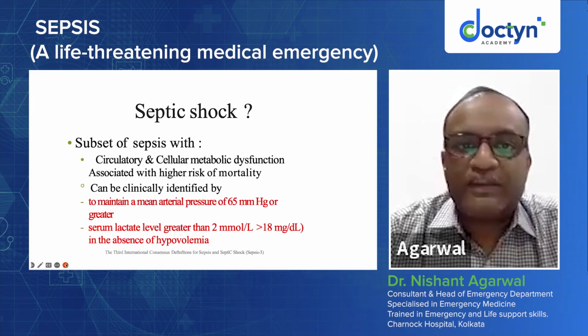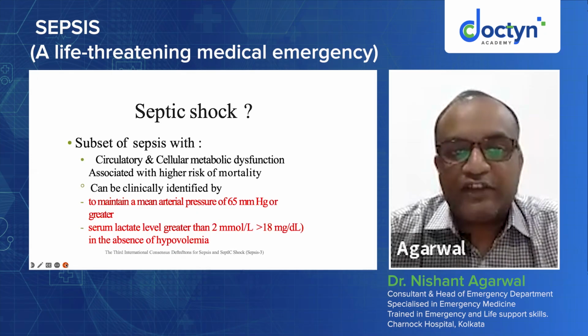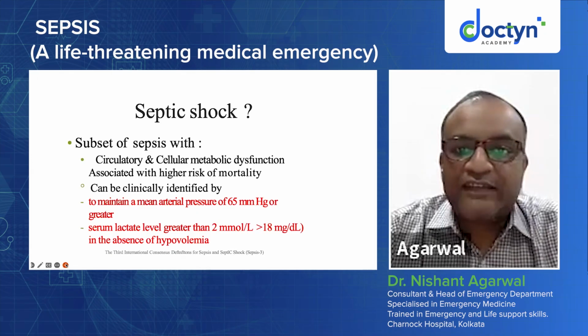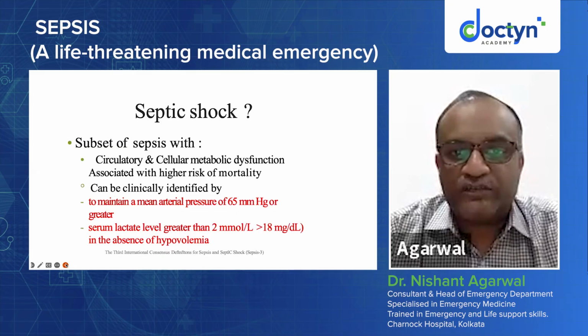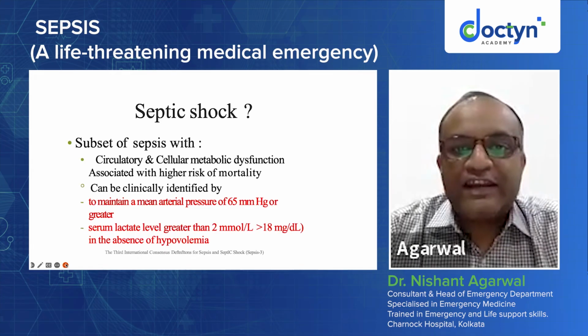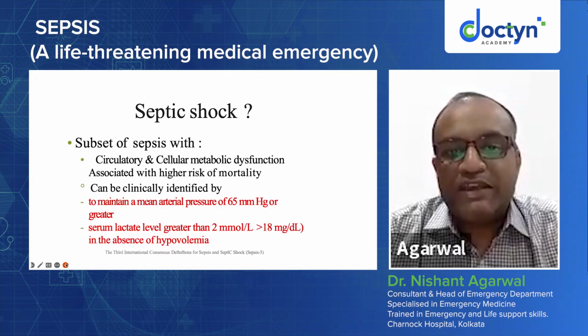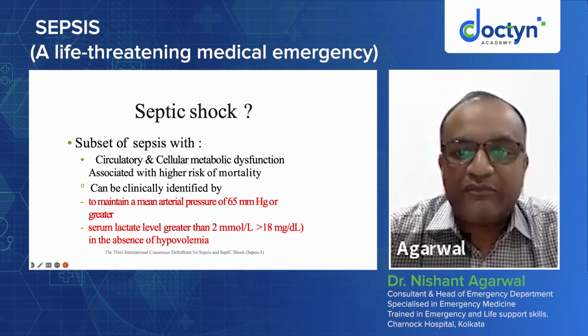Now coming to the septic shock. Septic shock is basically a part of sepsis in which there is circulatory and cellular metabolic dysfunction. It is associated with a higher risk of mortality as compared with sepsis alone. And clinically, it can be identified by we have to maintain a MAP or mean arterial pressure of 65 millimeters